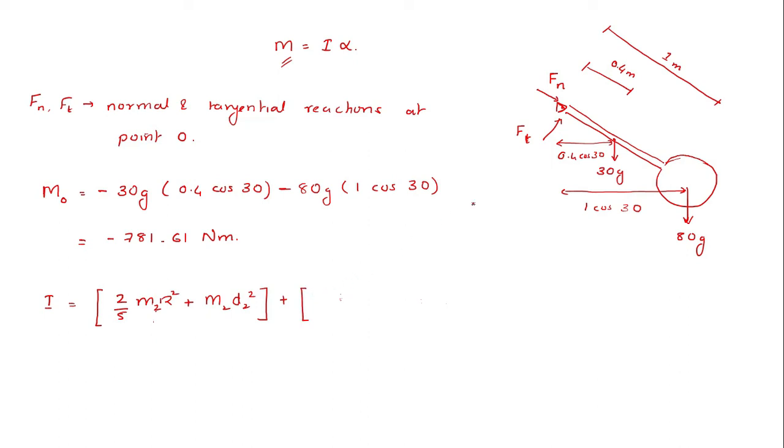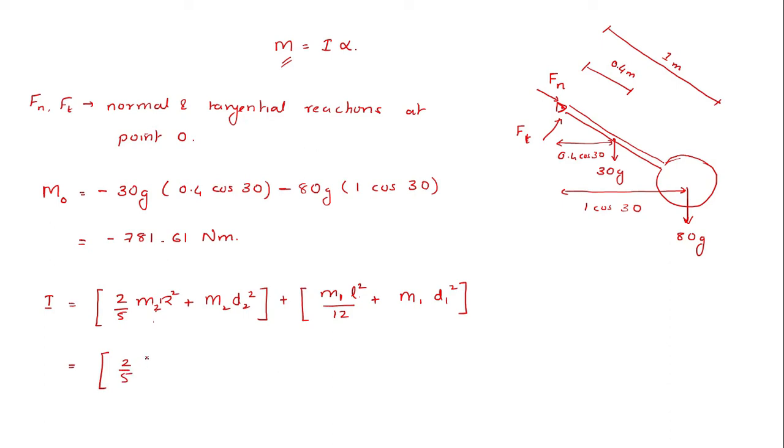Plus now the second thing is regarding the rod. You know that the corresponding equation of a rod with respect to the center is m l square by 12. Or you must have also studied the mass moment of inertia with respect to an axis that is at one end of the rod. It is m l square by 3. So I can directly apply that corresponding equation m l square by 3. But if you are feeling confused, you can start from the basics. Okay, so I'll start from basics. M L square divided by 12 plus M D square. Okay, so this will be equal to